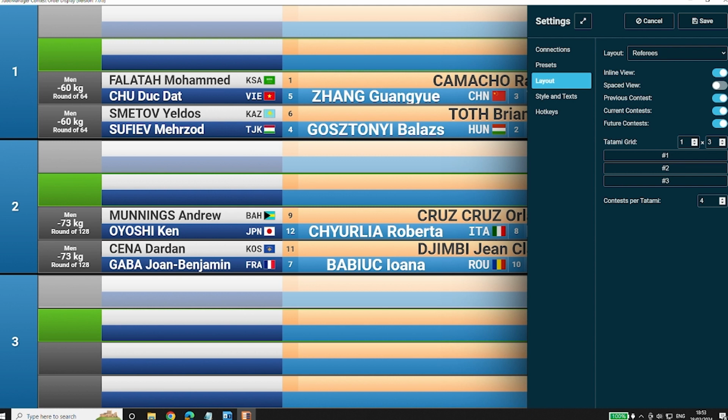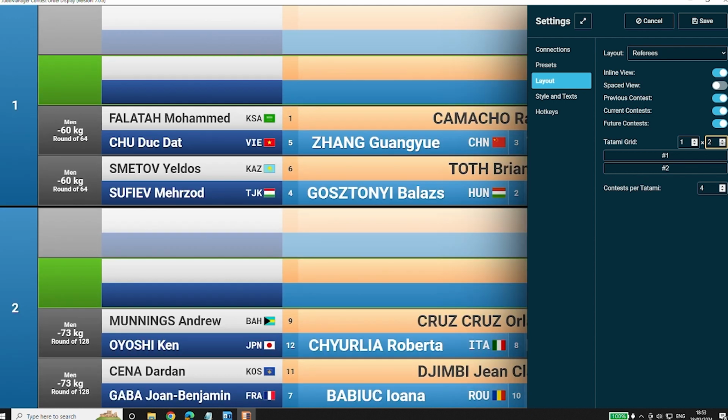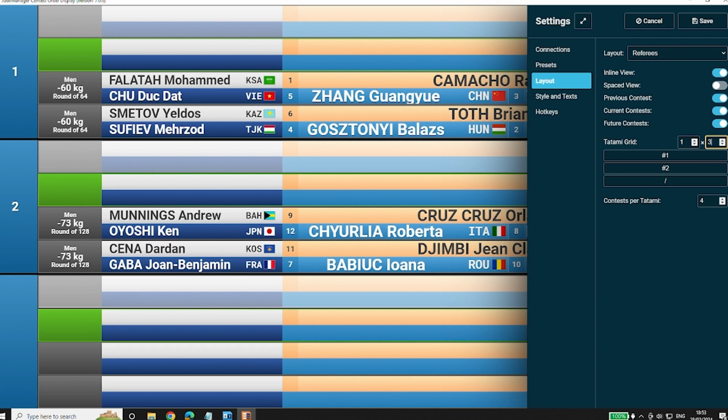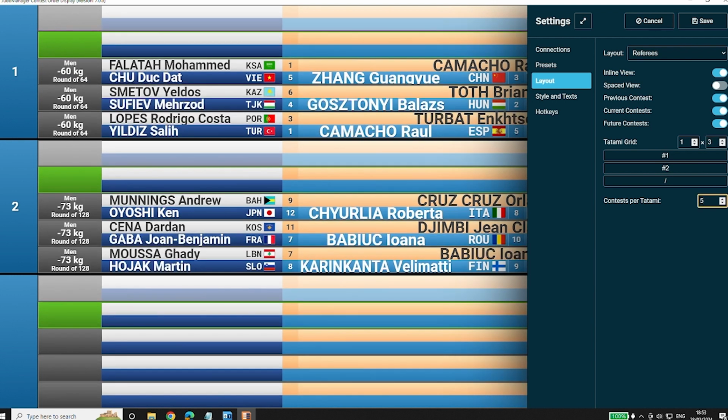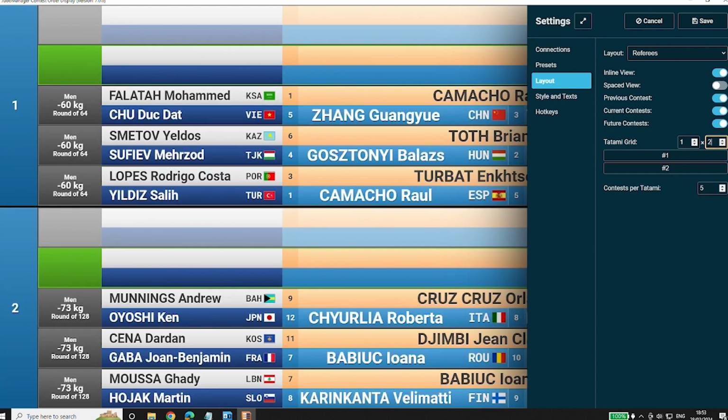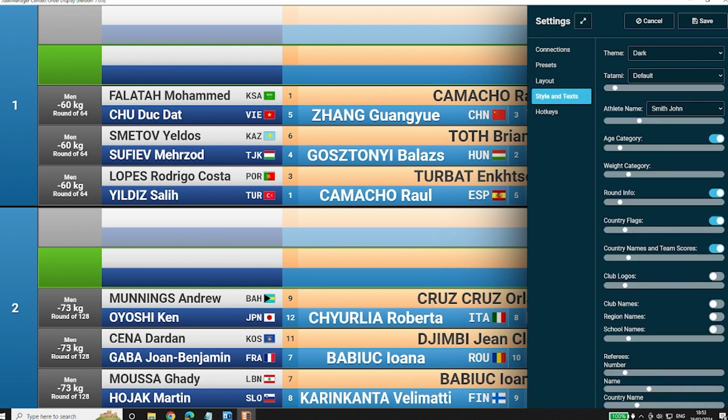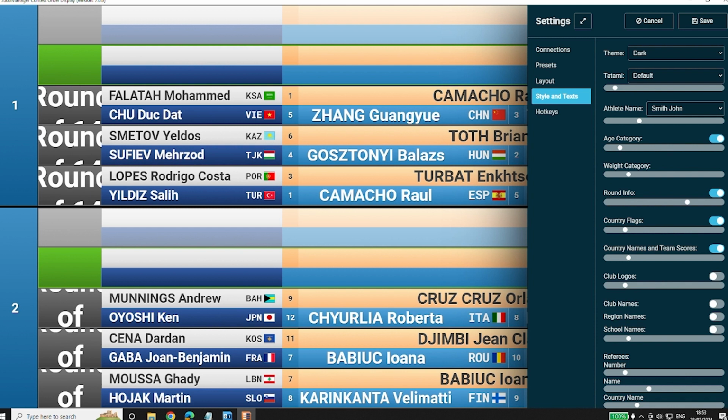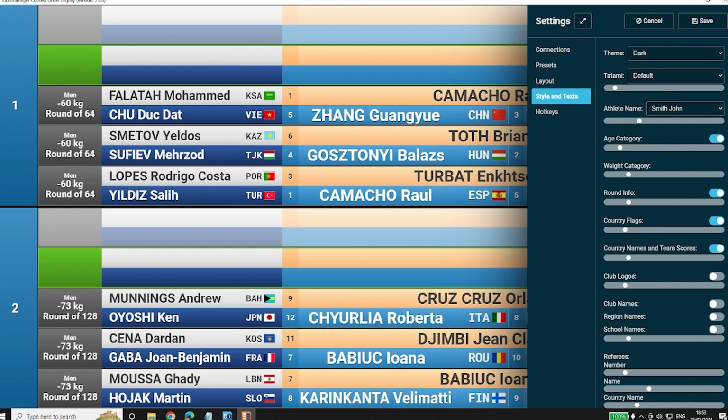I can choose 1 mat, 2 mats. I can choose which mats I want to have, how many contests per mat. So I can really play with these settings. I want to have previous contest, current contest, future contest, and then you can really make something bigger or smaller, however you want to have it